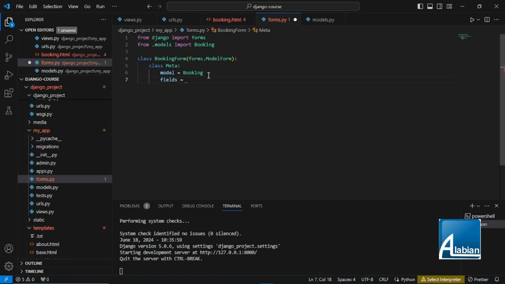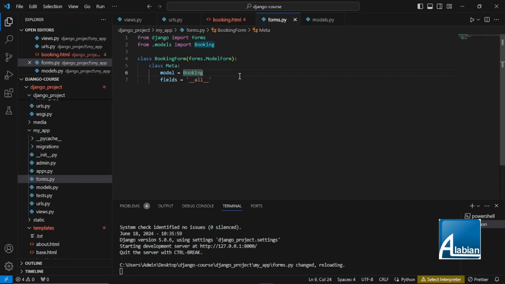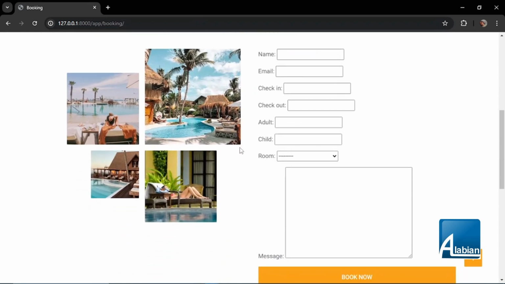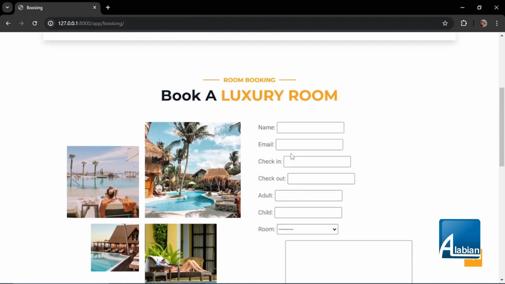fields. If I want to view all the fields, I can put a tuple or a list and call each of the fields I need to. I can say, oh, name, email, and so on. But since I'm going to be using all the fields, to go through this is going to be unnecessary. So what I'm going to do is just use underscore all underscore, to display all the fields. So if I go back here and I reload the page, I'm going to be seeing all the fields. You see how easy and fast it was for me to create my